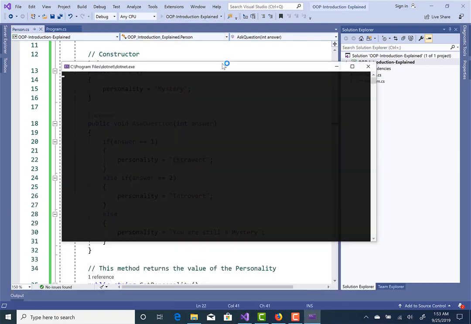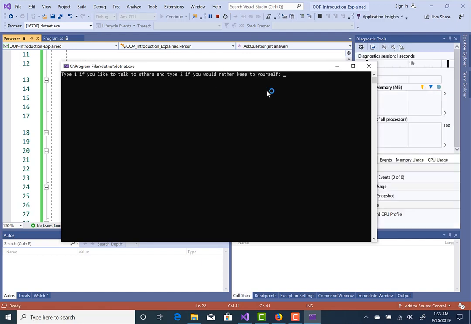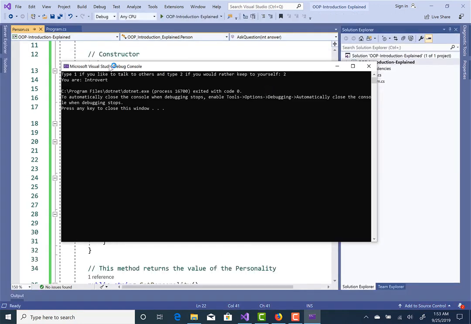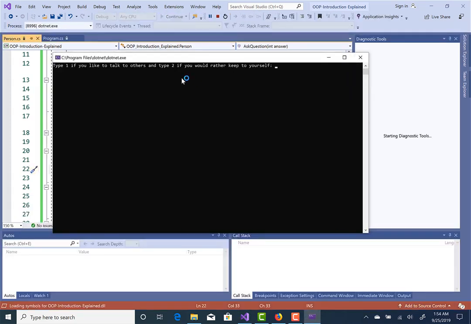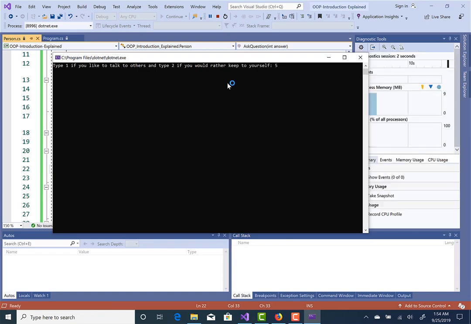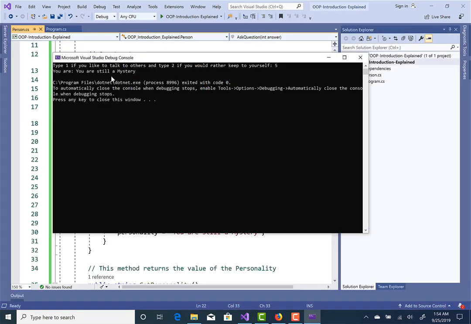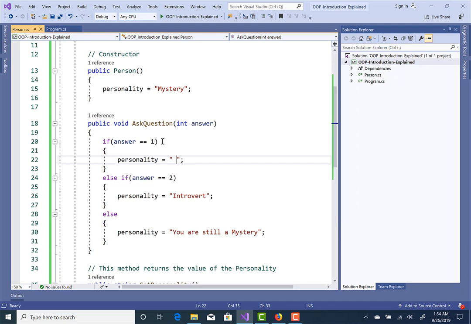So we run that one more time, and this time we type 2, and then it says you are an introvert. We run it again, and we type some other number like 5, and then it says, well, you're still a mystery. Okay, so let's create another class, and this time we'll inherit from the person